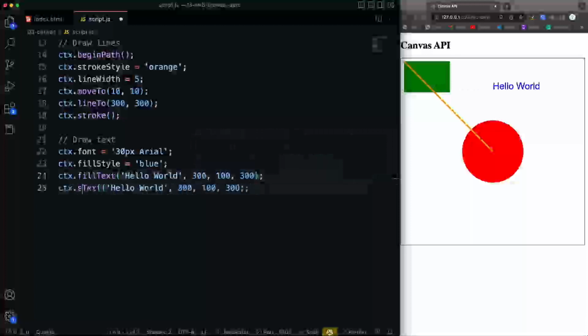So if we do stroke text, and let's see, let's move it down a little. So we'll say 400 on the y-axis. Now, the reason it looks like that, let's actually move it down a little more just to get it off the circle. But the reason it looks like that is because it's using the last line width, which is 5. So what we could do is